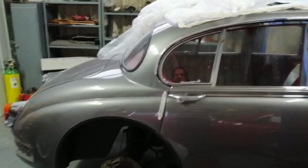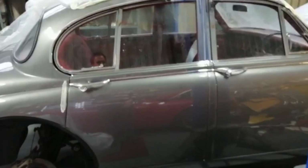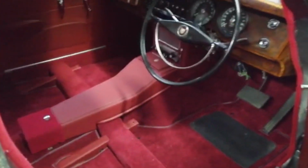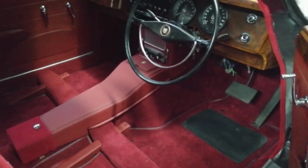It's been a while since we've had a look around the Jaguar Mk2. I've been very busy for the last few weeks putting all the details back into the Jaguar. It's been a really complex process, but very satisfying. You can see the quality of the interior now, all new leather, new carpets, the headlining's fitted, and all the